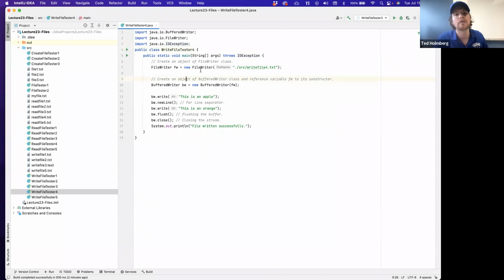Here I'm going to create a new FileWriter. Then I'm going to pass in the file name. WriteFile4 doesn't exist, so we're going to make it, right? We're going to create a new FileWriter output stream and save it as fw. Then I'm going to wrap a BufferedWriter around fw, and that's going to be the reference I use, and that's where I'm going to call my